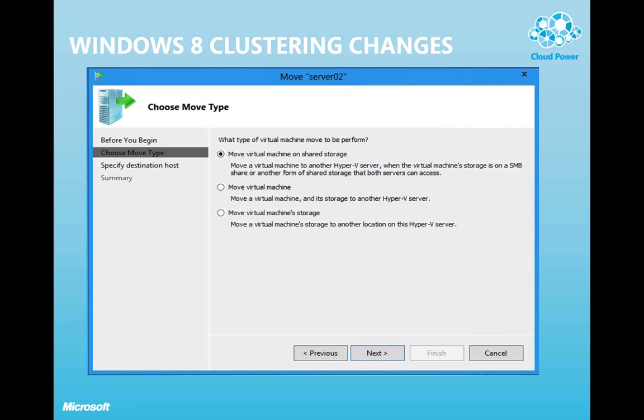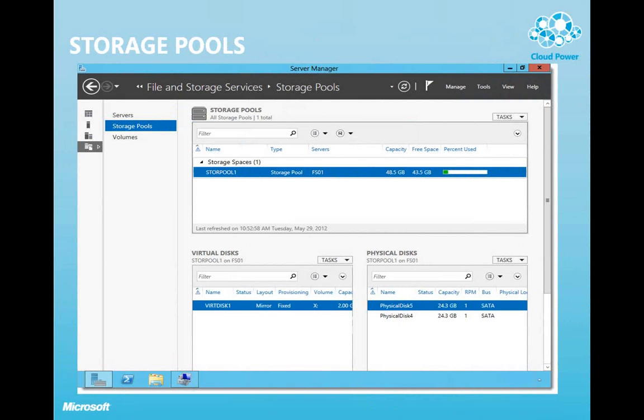So this is actually the ability to move the storage of the virtual machine. So when you actually go and move a virtual machine, you can stipulate what you want to do. So you can move it on shared storage, or you can, as you can see from there, just move the virtual machine or move the virtual machine's storage. All of that is done real time. Okay. So that's enough of